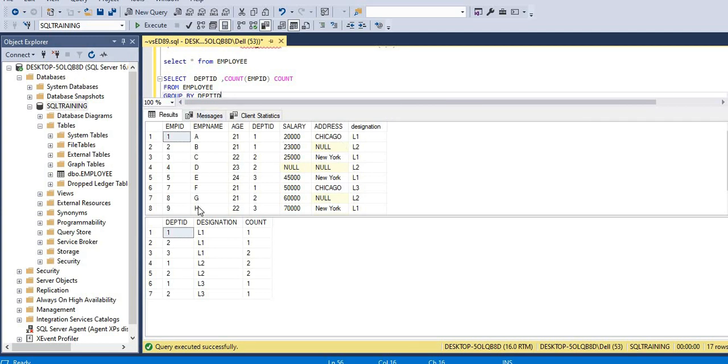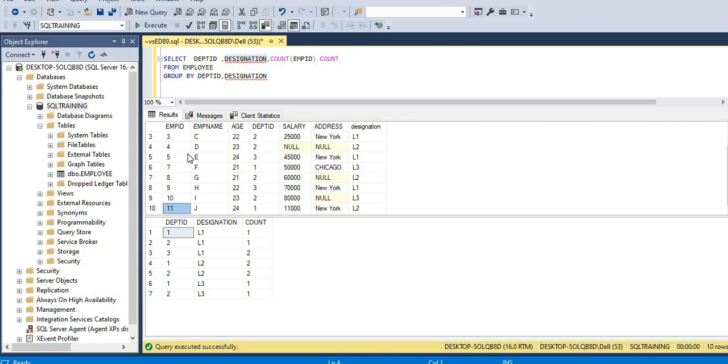So if we see here, there are totally... wait, let me put this query as display. So we are grouping by department ID first and then by designation, and we are displaying the count at department ID and the designation level. So if we see here, there are around 10 employees, in which let's take this row and validate whether the output is correct. So in department ID 1,